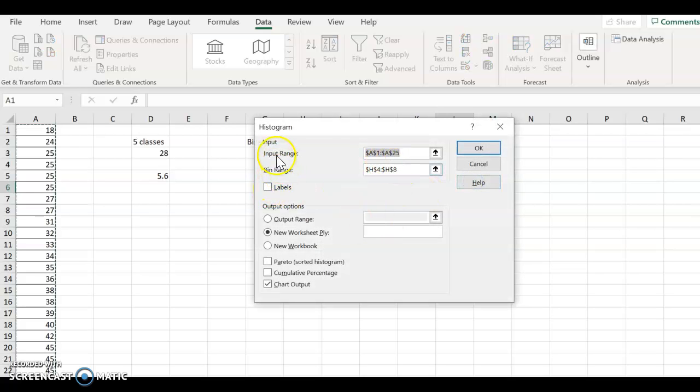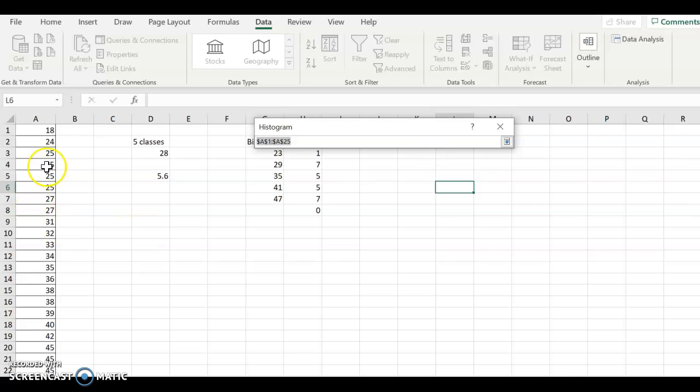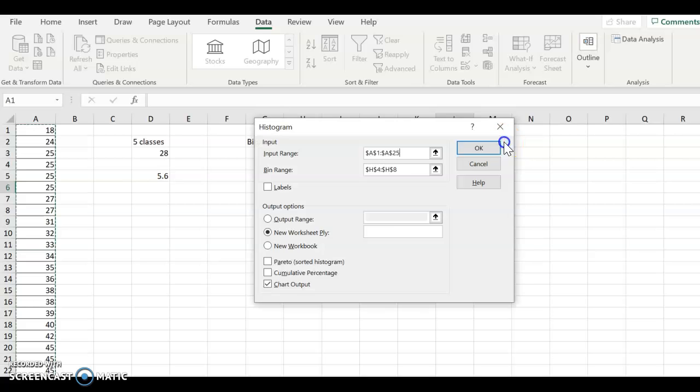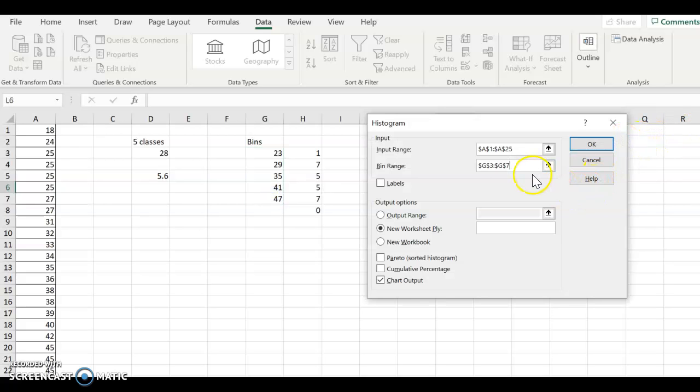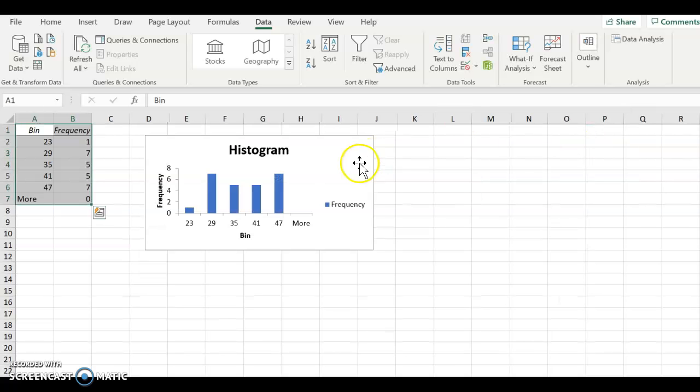And then it's going to want your input range. This is all of your values that you have, and then your bin range. This is your bins over here. Okay, now we're going to put it in a new worksheet, and make sure you click on chart output and then hit OK. And then I think I already have this pulled up, but here you can see there's 1 here, 7 here, 5,